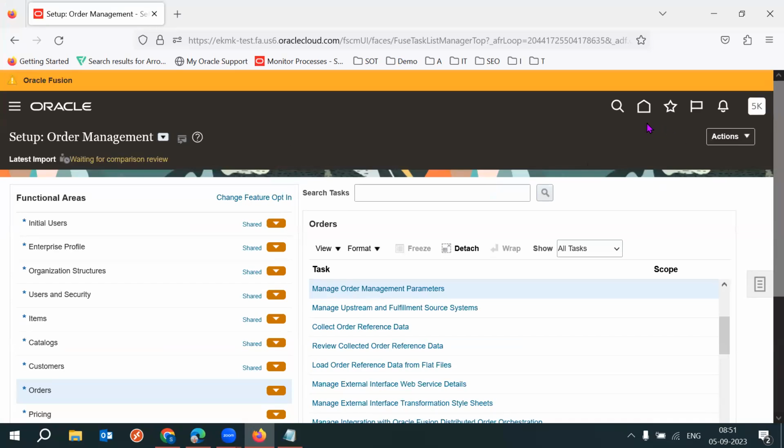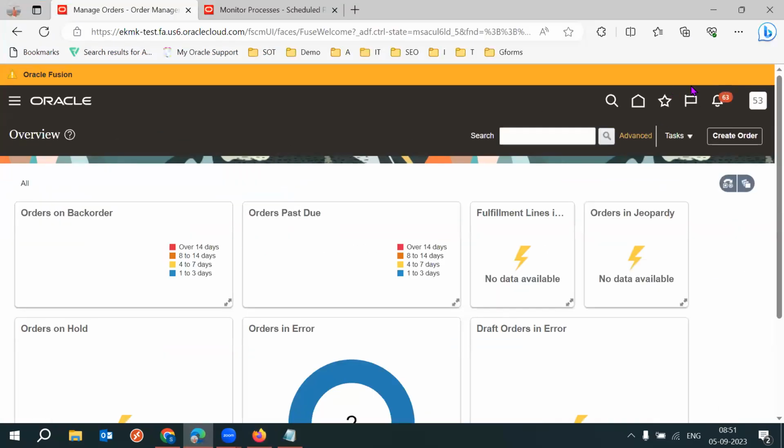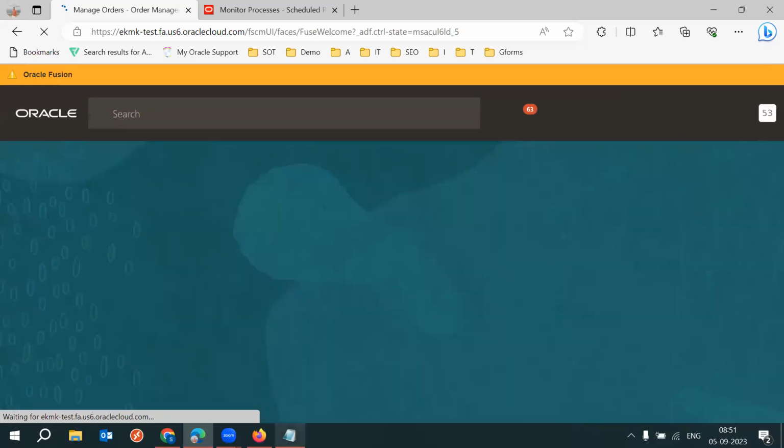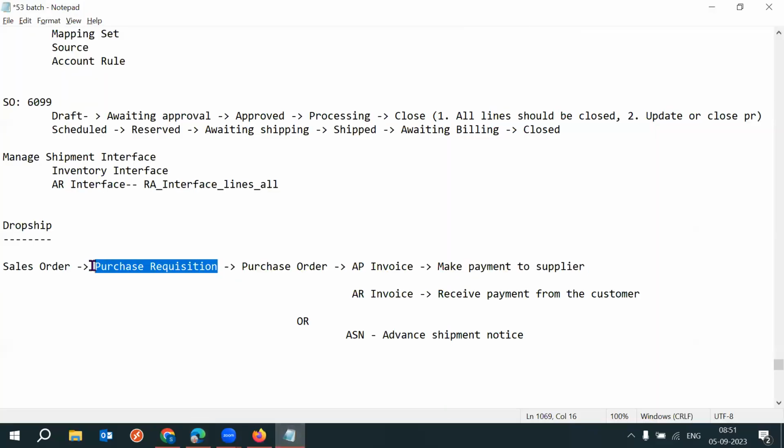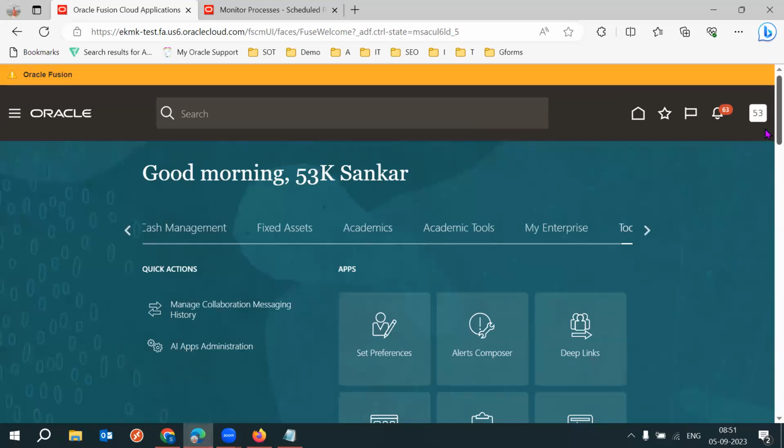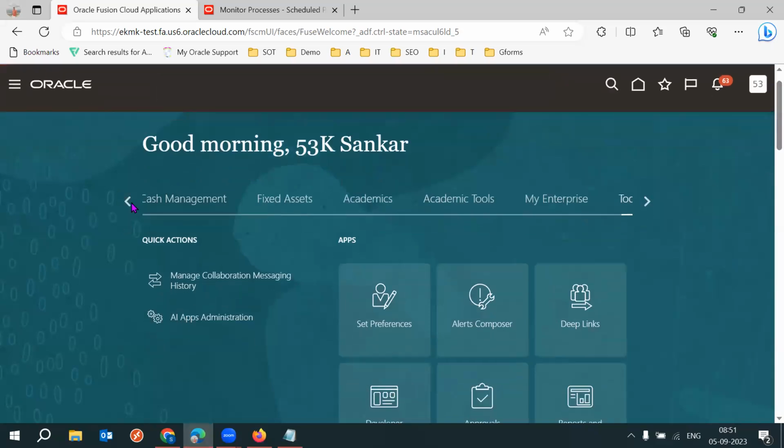Okay. And finally, make sure your item is having the list price, because while creating the purchase requisition, you remember in case of Min-Max planning, for purchase requisition, what we entered? List price. You remember? You remember the list price, team? Yes. That is nothing but your PO price, your requisition price,